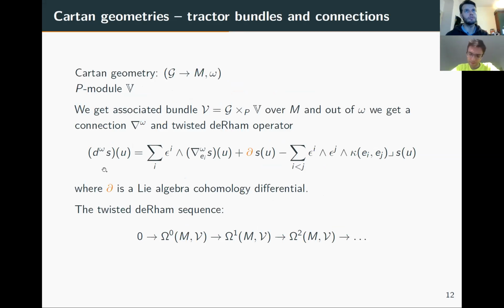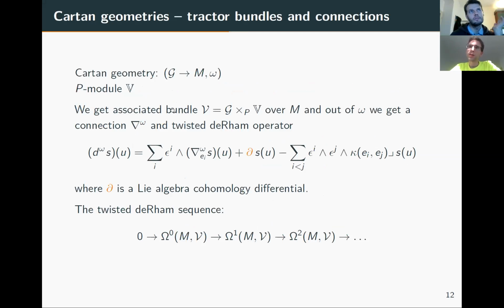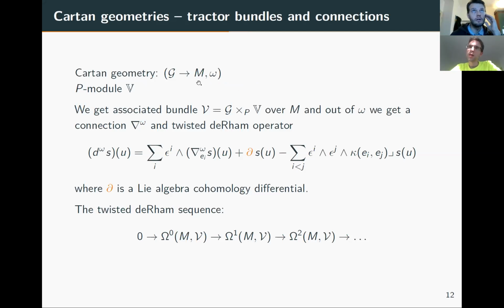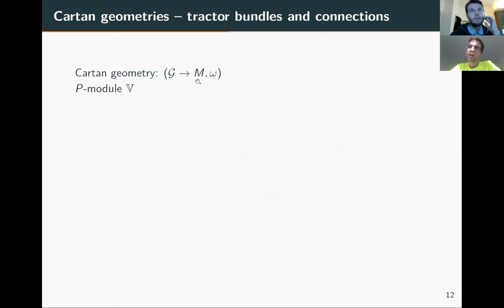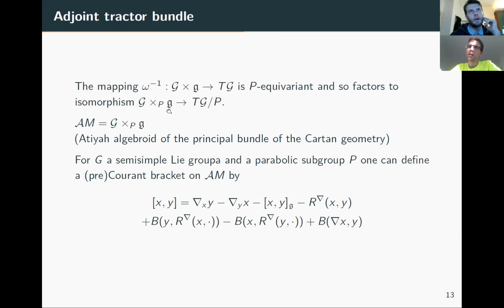So that's more or less it for the Cartan geometry part. If you have any questions, ask them now. Sorry, what is the base of A M? It's just M? Yes, M. Everything happens over M. And what is the anchor then? So in general, the anchor, you just take the projection from the Lie algebra g to